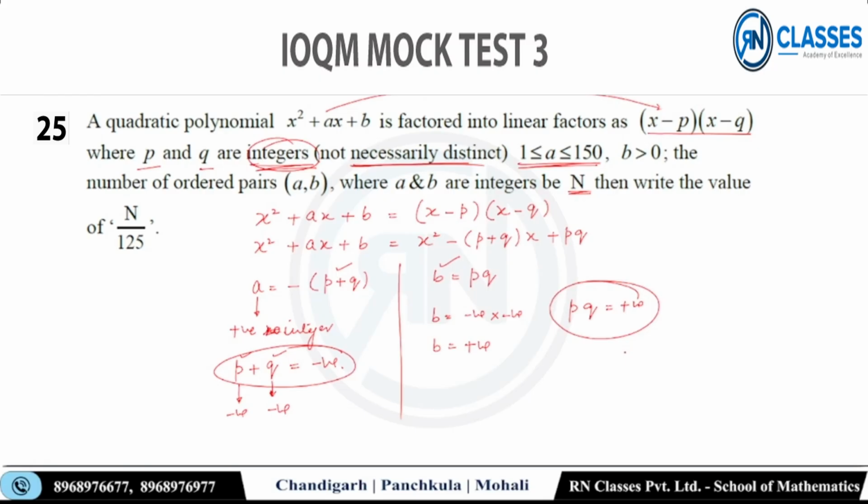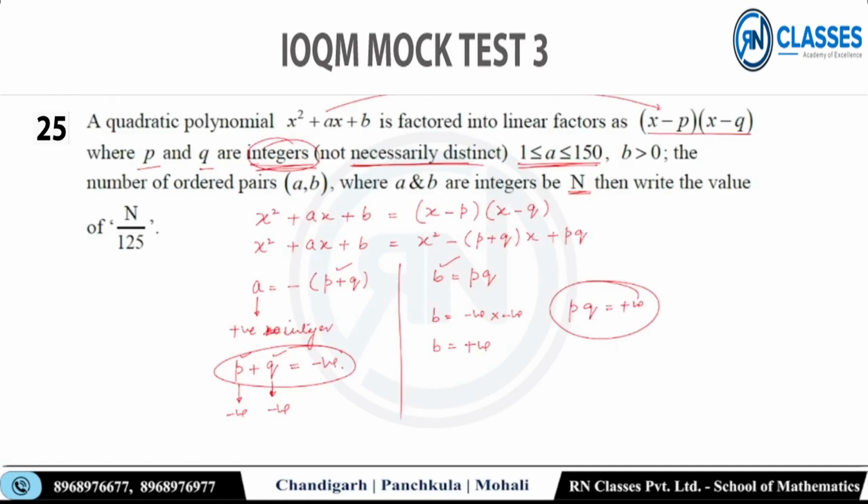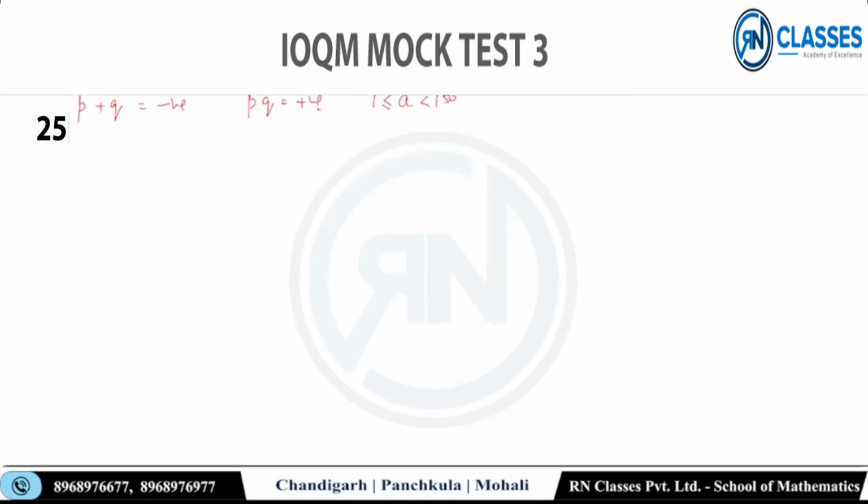आगे चलते हैं, बट आगे चल के कैसे चलें? p plus q के बारे में पता है और pq के बारे में पता है। नेक्स्ट पेज पे लिखते हैं, p plus q is negative and pq is positive. सिर्फ इतना पता है मुझे, right, और a lies between 1 and 150. 150 को इंक्लूड करना है या नहीं करना है वो पता चल जाएगा। हाँ, इंक्लूड करना है, 1 को भी इंक्लूड करना है और 150 को भी, ठीक है, केसेस ही बनाने पड़ेंगे, ठीक है।